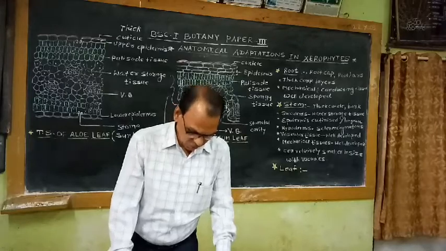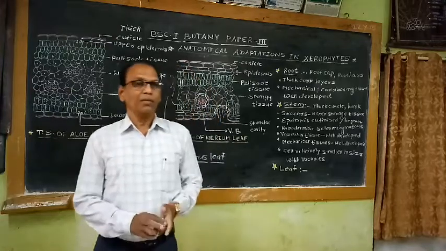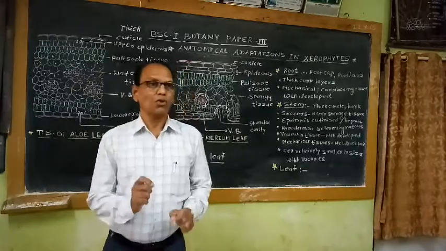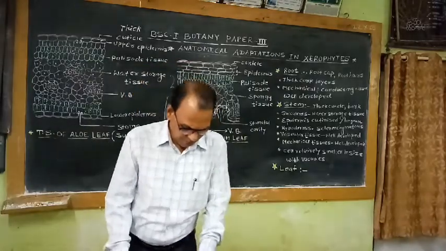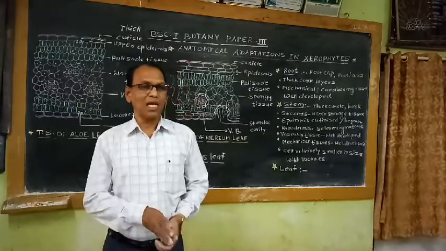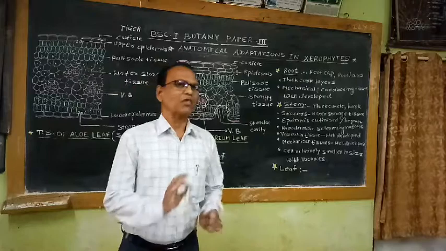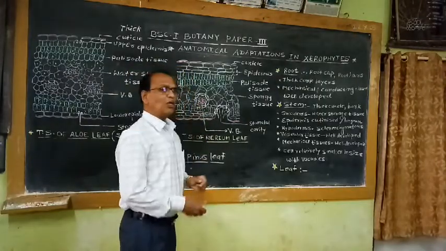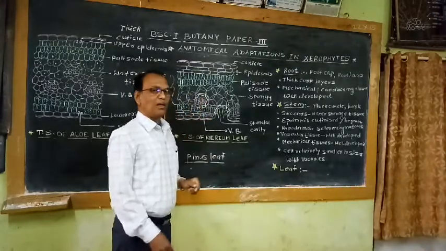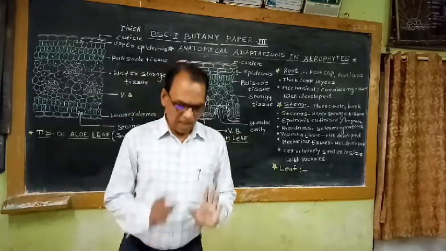Sunken stomata. So intercellular spaces in leaf tissue are generally reduced or less in amount as compared to mesophytic plants. Then resin canals or mucilage canals are also found in some xerophytic plants. Then if we observe the vascular tissue, in the leaf, vascular tissue is present in the region of the vein, known as the vascular bundle. So these vascular tissues in the form of xylem and phloem are well developed.